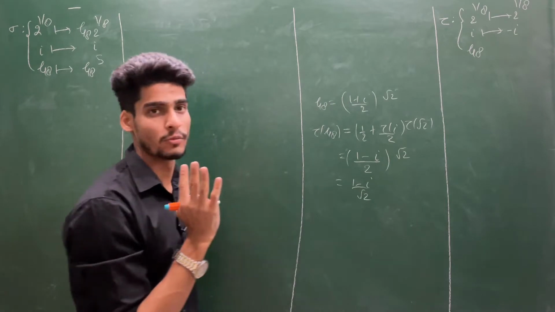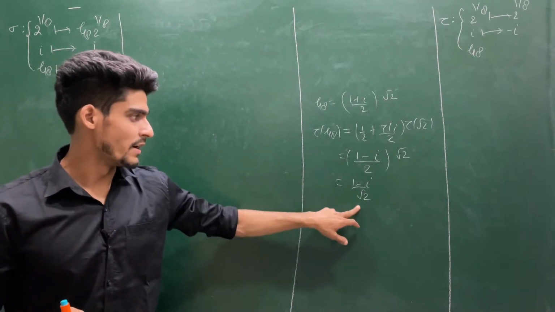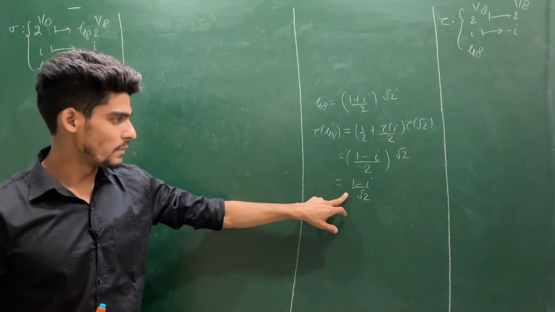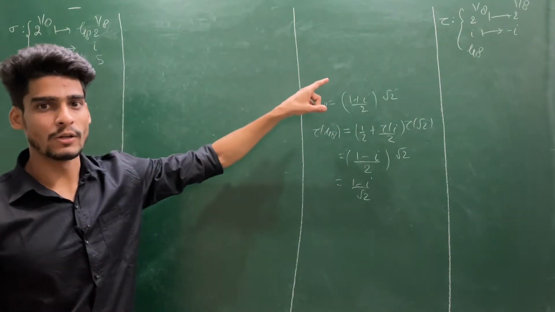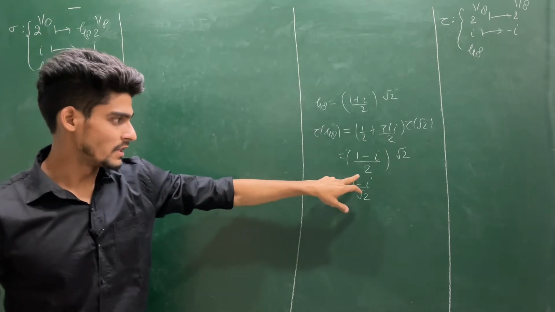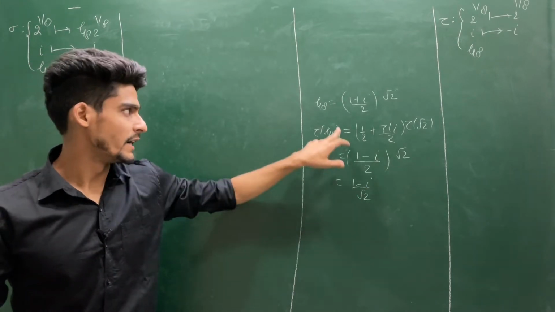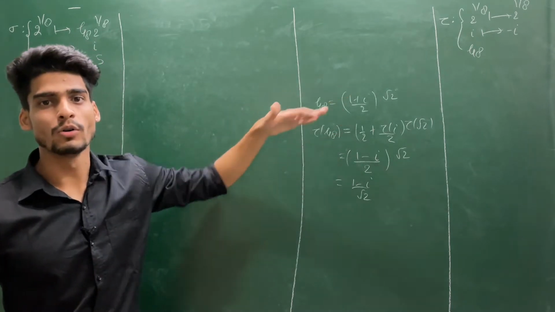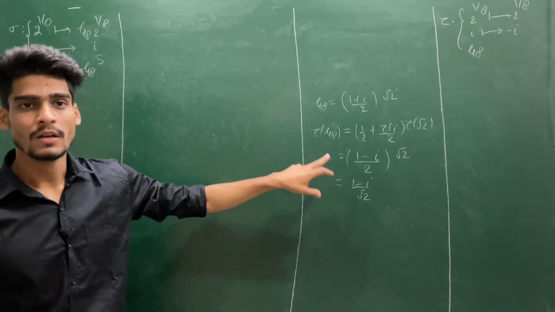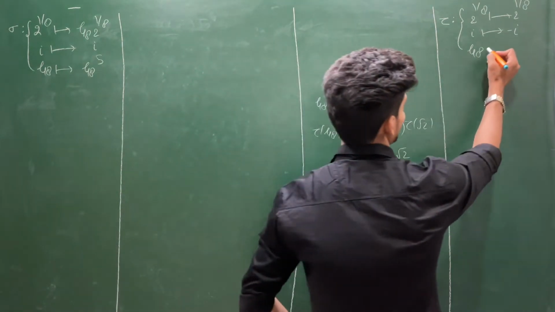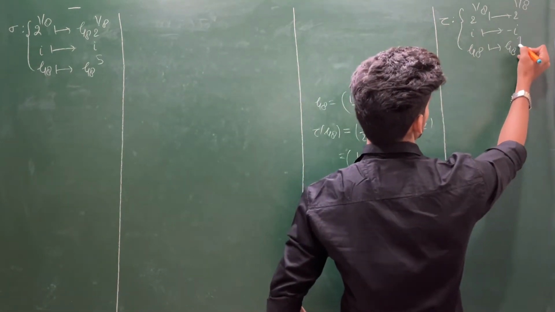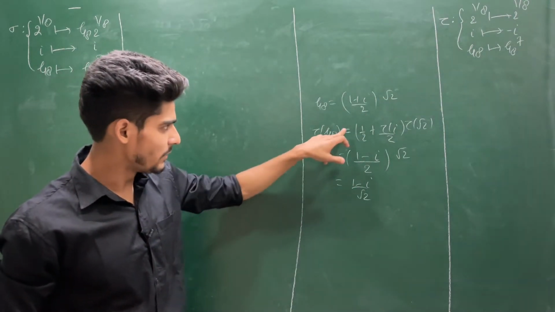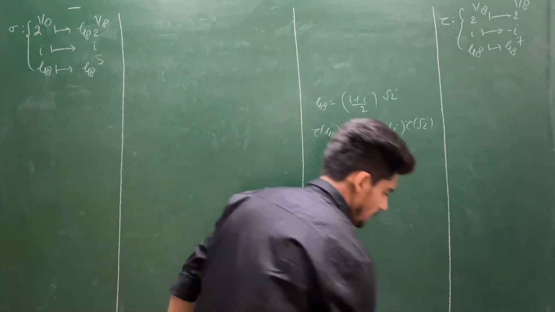Now you keep everything in your mind. This (1 - i)/√2, where will this element lie? See this, if you observe in the unit circle, you keep in your mind that unit circle every time. This (1 + i)/√2 was ζ8, and this is nothing but the reflection of this element about the x axis. So this was the ζ7 element, ζ8 to the power 7. So you keep this in your mind, and every time you fix this in your mind, because that is needed.